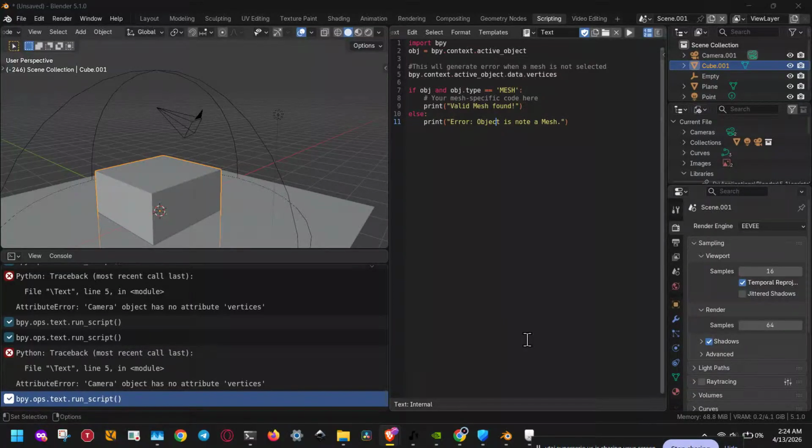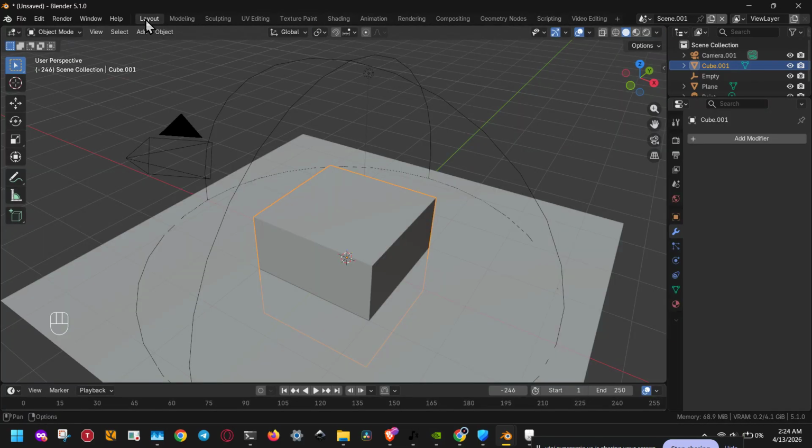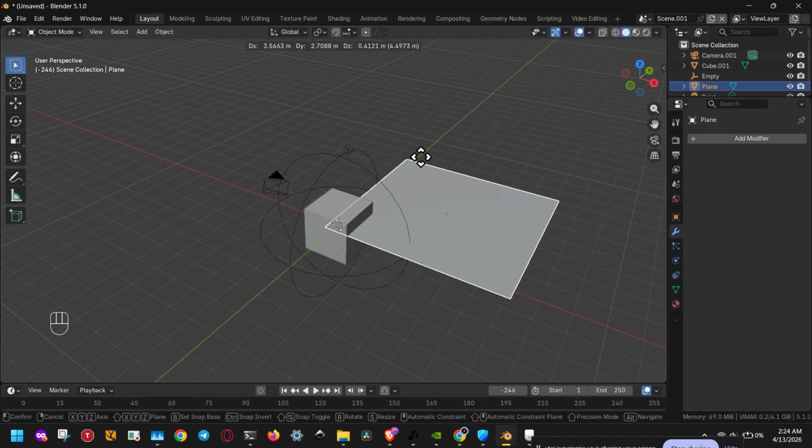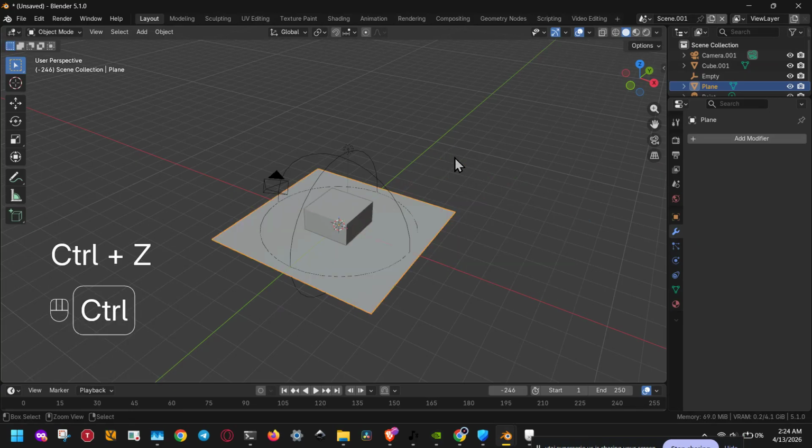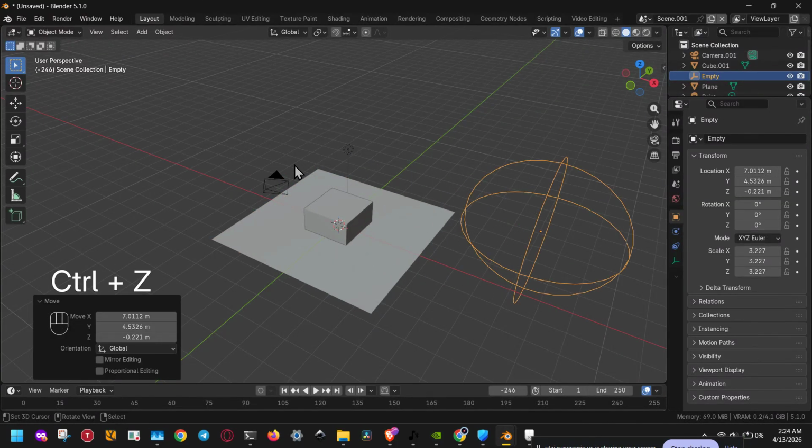If Blender is showing a cannot save error with permission denied, don't worry, this is usually a Windows folder access issue and not a problem with your project itself. In this video, I'll show you the fastest ways to fix it so you can get back to saving your